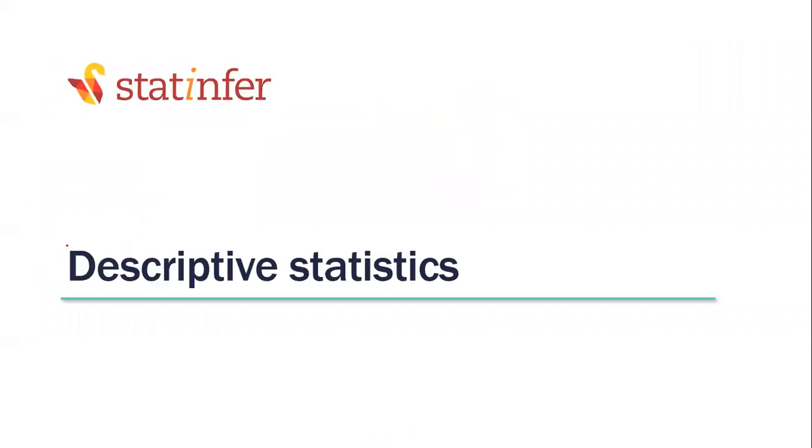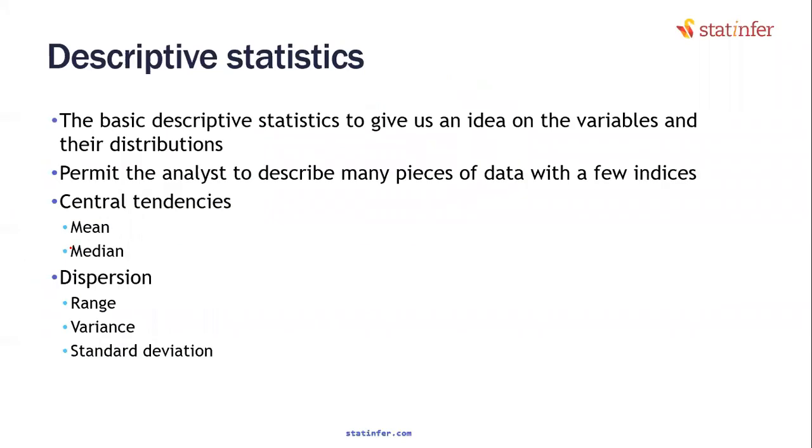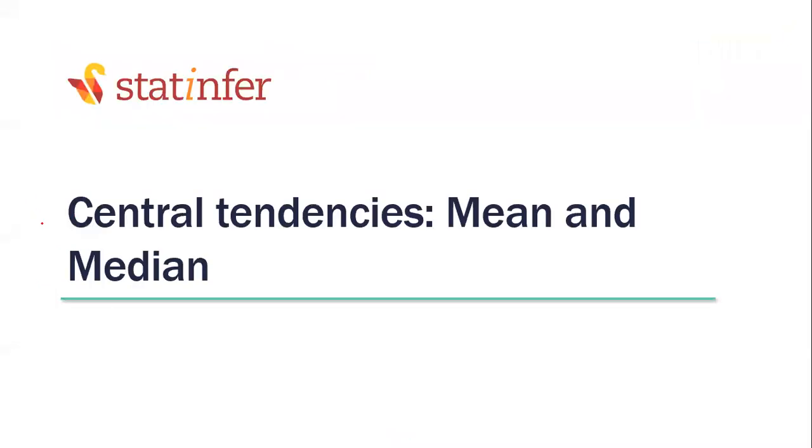The first one is basic descriptive statistics. There are two types of basic descriptive statistics: measures of central tendencies and measures of dispersion. What are measures of central tendencies? What are measures of dispersion? Let us see that first. Measures of central tendency talk about the center value or the middle value for any given column. What is the middle value or the average value in simple terms? Central tendency is just a technical term for the average.